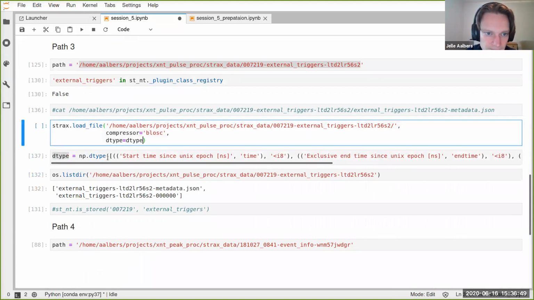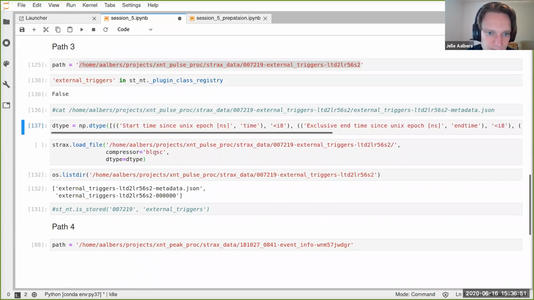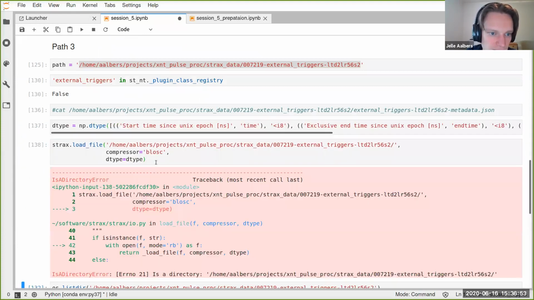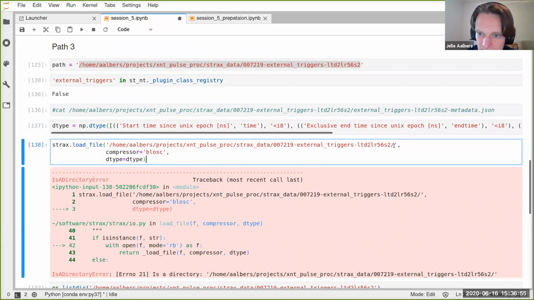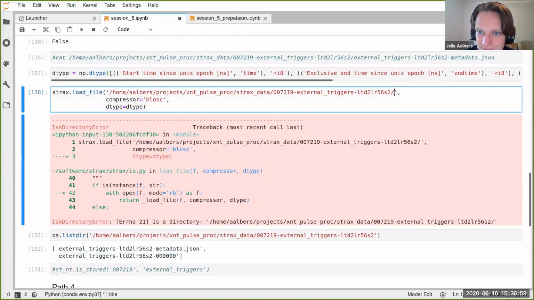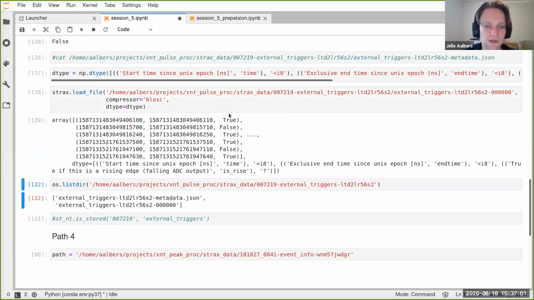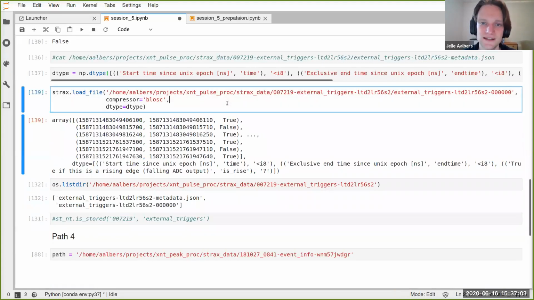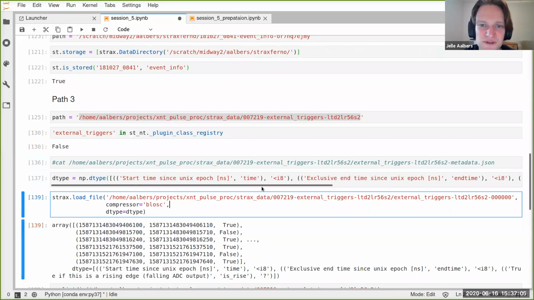Okay, let's move this guy up. Error, is a directory. Yeah, you probably want to list the file attached to it. It worked. Okay, hooray. This was pretty complicated, but we got the data in the end. So that's good.